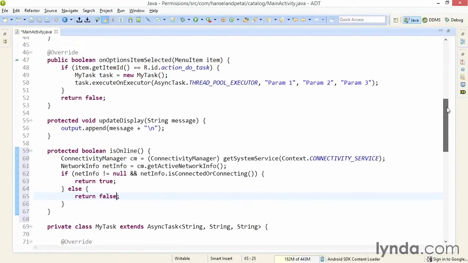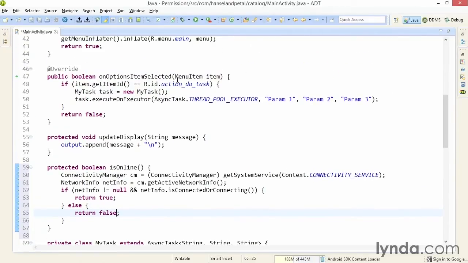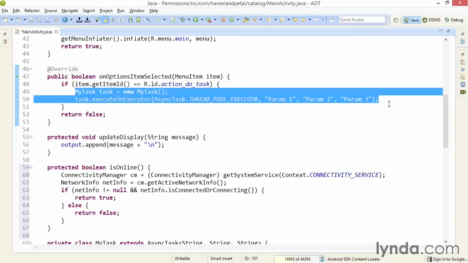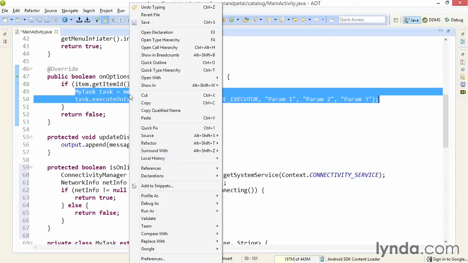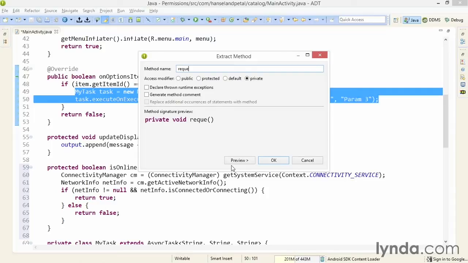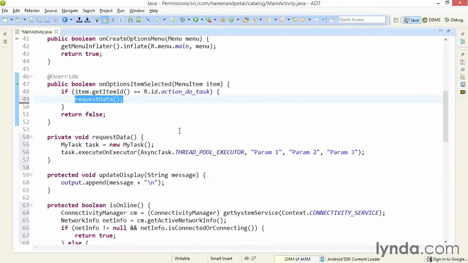Now I'm going to refactor my code a bit. First of all, I'm going to take this code that's executing the async task, and I'm going to extract it to its own method. I'll select those two lines of code, right-click and choose Refactor, Extract Method. And I'll call this new method requestData. So now all of the complexity of how I'm working with that async task object is in its own method,